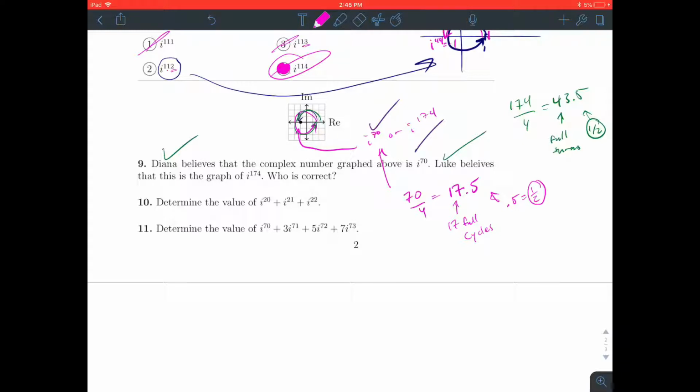These last two are kind of challenge questions for you guys to think about. I'm going to leave these for you to figure out, even though I'm sure you'll ask me about question 11 because of the coefficients. I want to see if you can figure out how